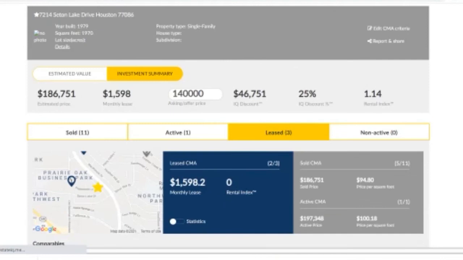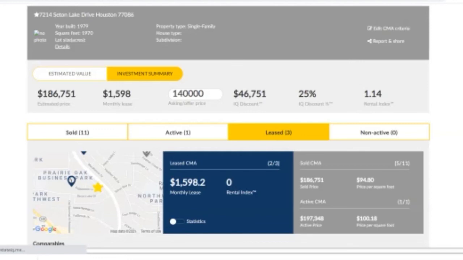One word about these non-active listings. There weren't any that showed up in this case, but this is also a motivated seller that you could market to, because it means that the listing either expired because they didn't sell it or was terminated for another reason. So it could be that they still want to sell, but maybe they don't want people traipsing through due to COVID or something like that. So they took it off the market. Who knows? Whatever the reason is,